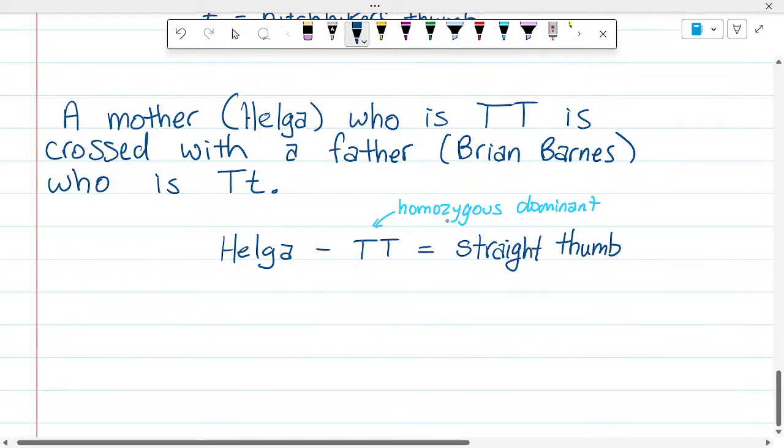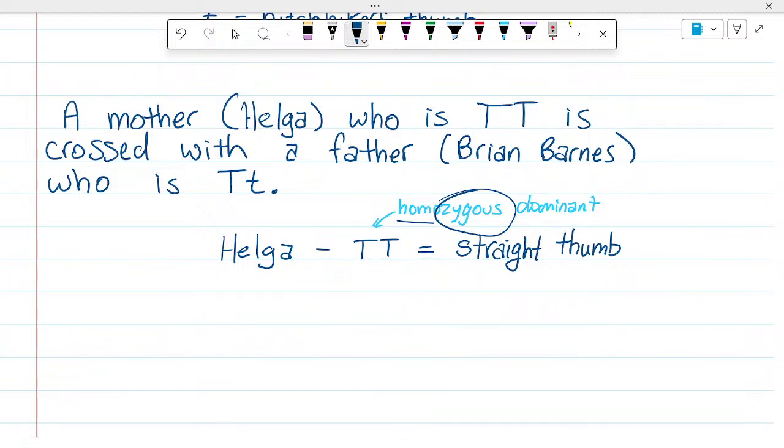Zygous just refers to gene, and homo means same. So if you're homozygous, it means that your two copies of the gene are the same. If you're heterozygous, it means that your two copies of the gene are different from one another. And the fact that it's homozygous dominant means that they have two copies of the gene, and they are both dominant. If they're homozygous recessive, they'd have two copies of the gene that were both little t. And if they're heterozygous, it means one of theirs is